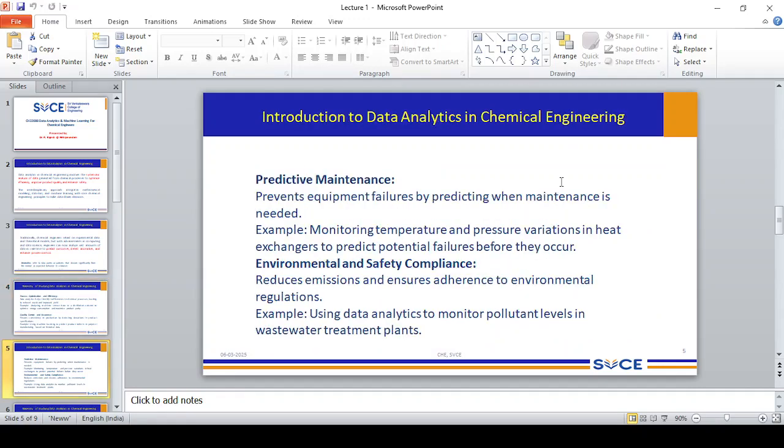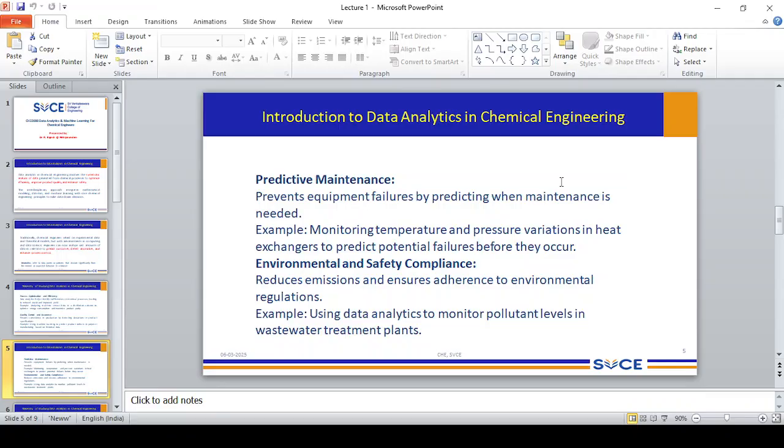Okay. Then we'll go to the next one, predictive maintenance. So usually predictive maintenance, before in hand, we need to do that one: prevent equipment failure by predicting when maintenance is needed. Okay, I can give an example for this. Let's say in day-to-day life, we have